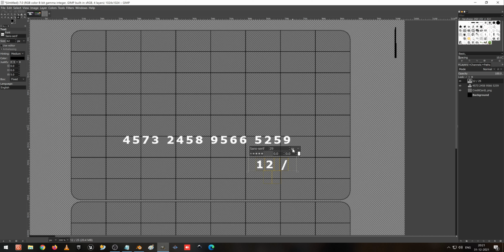I select everything and I'm going to reduce this one to this. Okay, and I go to the move tool. Now this date I am going to move to here. So let it be in this area. Using this only we are going to create two texts.